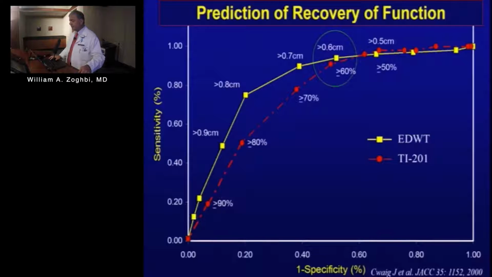Well, believe it or not, a cutoff of about 0.6 centimeters, 6 millimeters of the myocardium, corresponds to about 60% of nuclear uptake, and this is rest redistribution thallium. They're almost equivalent in telling you about the presence of viability. It's not very specific, but it's obviously very sensitive if you go below